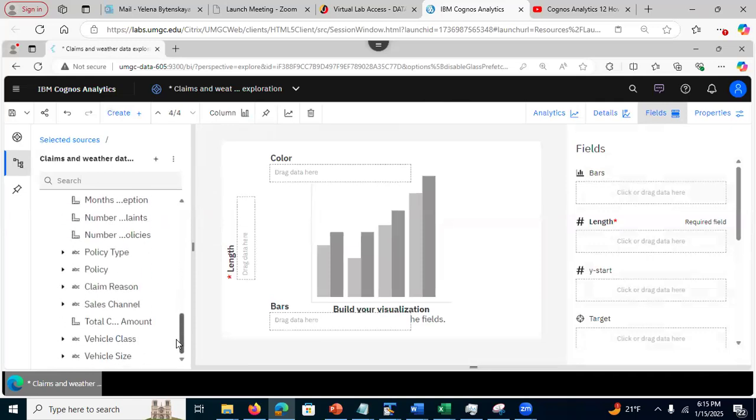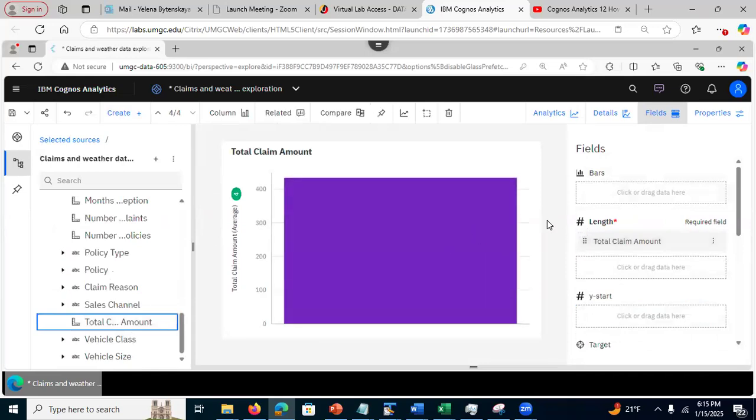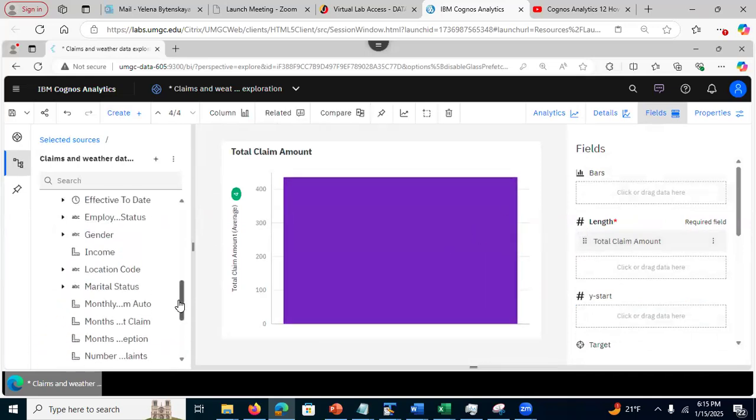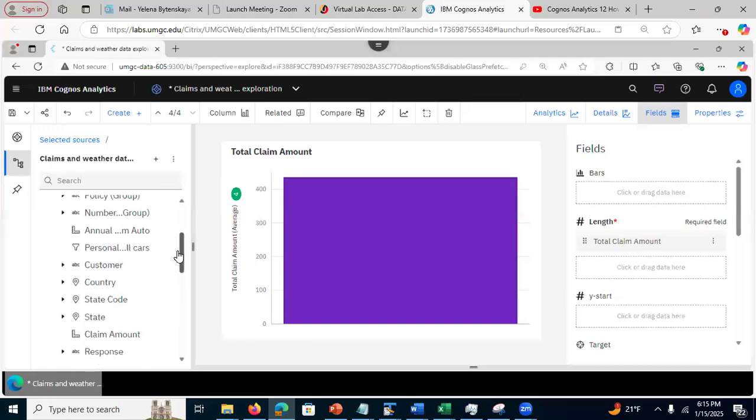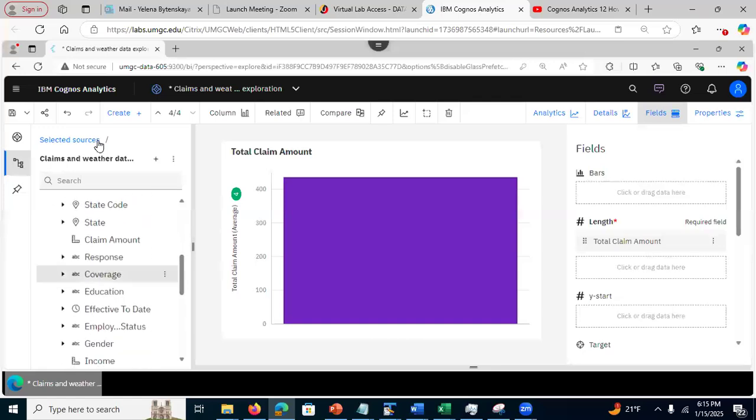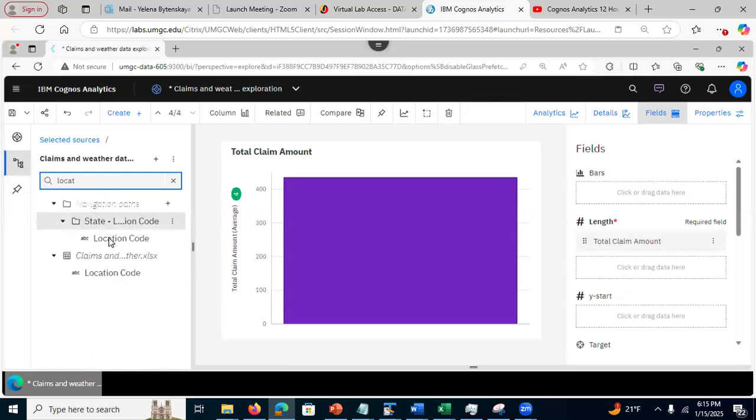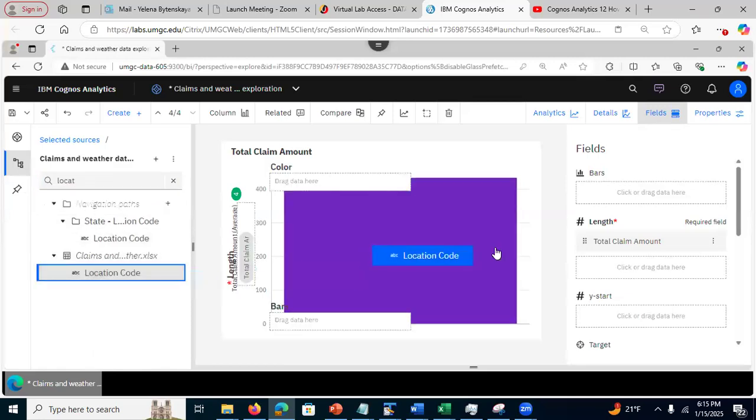So let's see, total claim amount. So that's going to be the lanes. And bars, I could do something like location, right? I don't see it right away. So what can I do? I can type, this is my location,